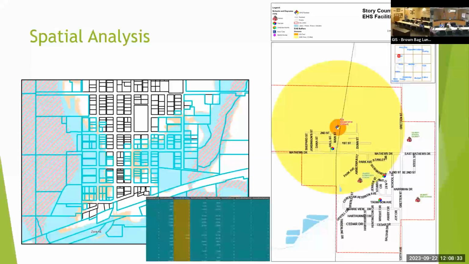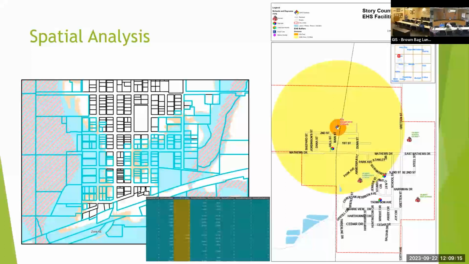And we've done other events with like tornado path, like, hey, what if a tornado goes through this area? Or maybe after the event, we can survey the damage and draw those boundaries and then select all the parcels that were affected by that. And then the map on the right there is a facility that has like fertilizer, I think it is. And if something would happen there, this is in Gilbert, we're looking at like a couple different buffers, like, well, what if something happens really close, or what if something is 2,000 feet away? We can start to see how it affects the citizens, how close it is to the school.